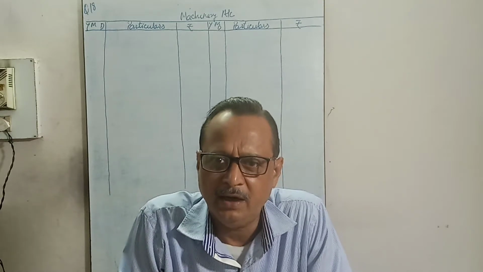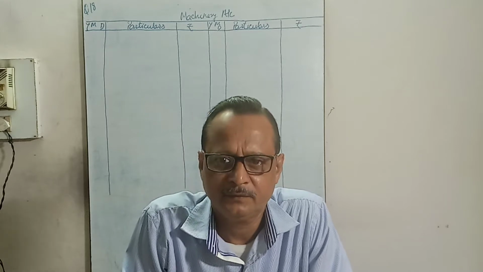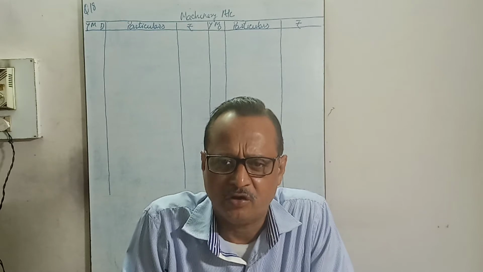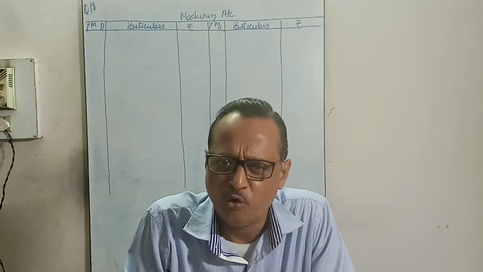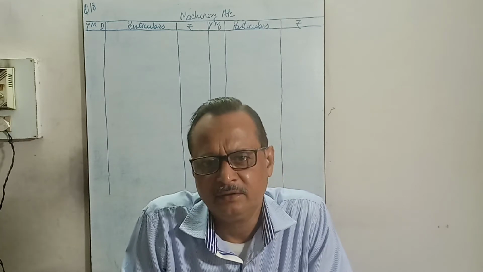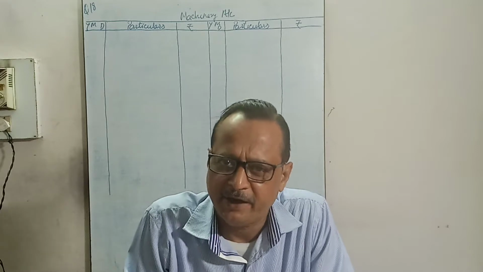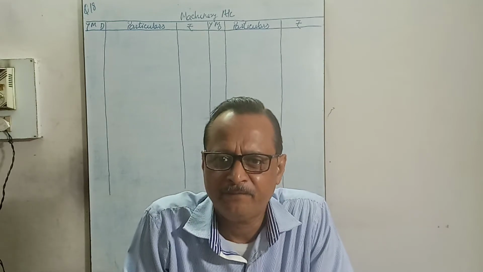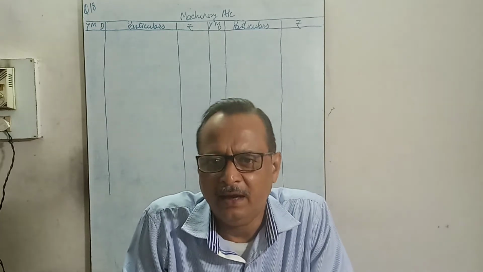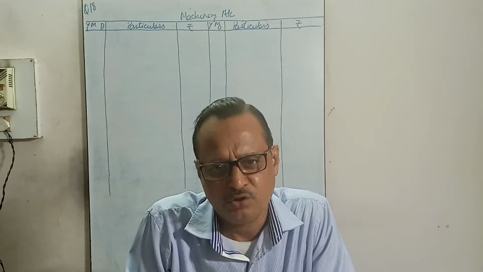Yesterday, we learned how to charge the depreciation under the diminishing balance method, and two questions we have solved. Now today I will take one more question for your clarification: how to charge the depreciation if the assets or the machinery are purchased and sold, and one part of the machinery is sold out.